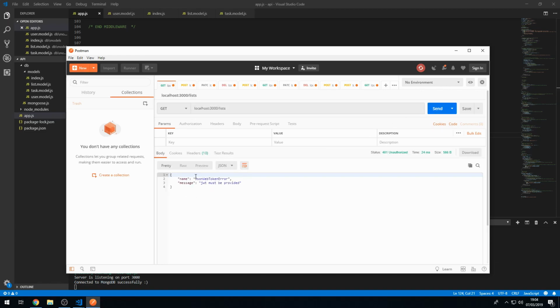And we get a JSON web token error that says that the JWT must be provided. That is great. So this route is completely locked down from users who aren't authenticated. Great, okay. And now what we actually want to do is go to the login route